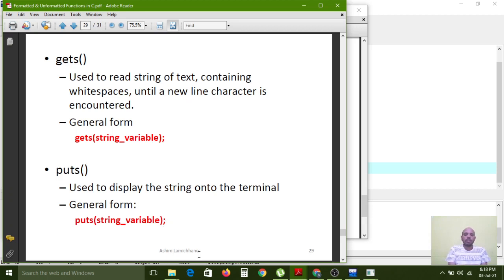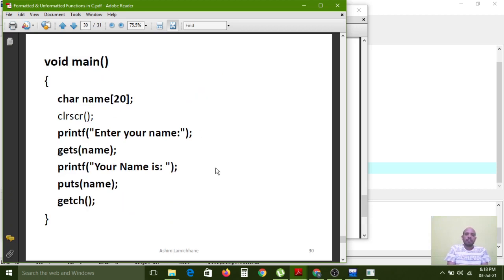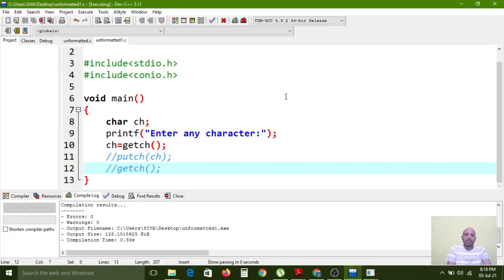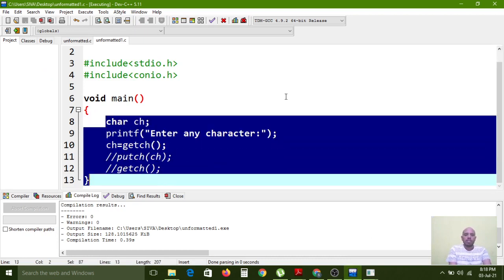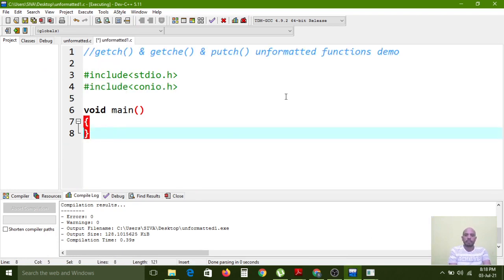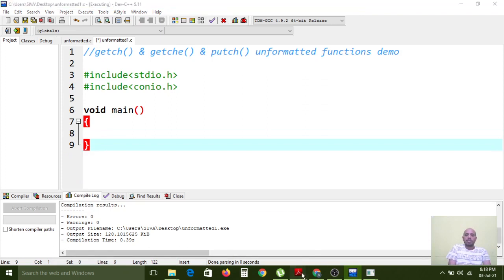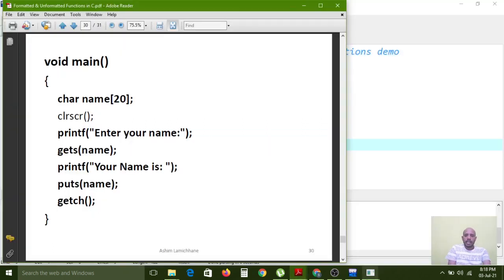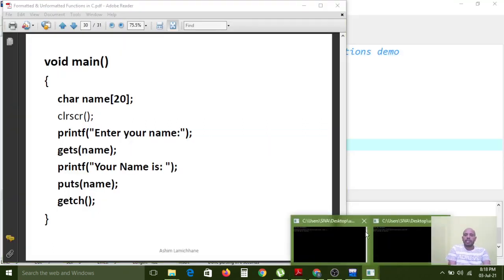Now I want to show one example. For that I am opening the Dev C++ window. I am removing this code because it is the previous example. Now I need to create a character array.